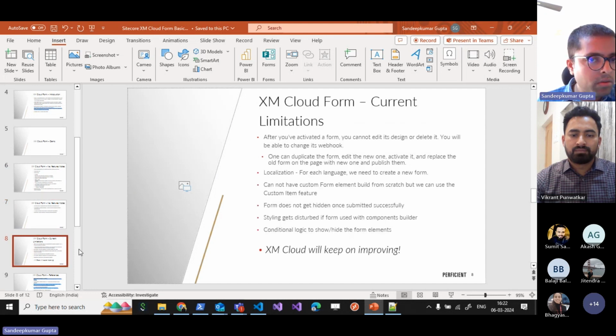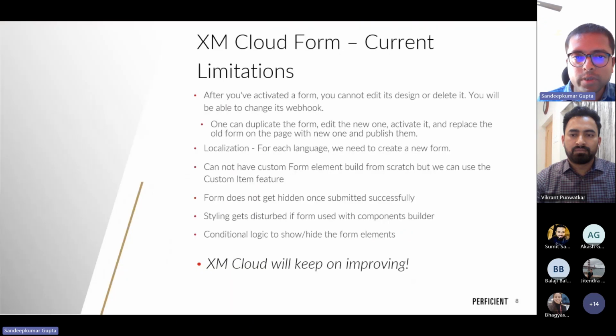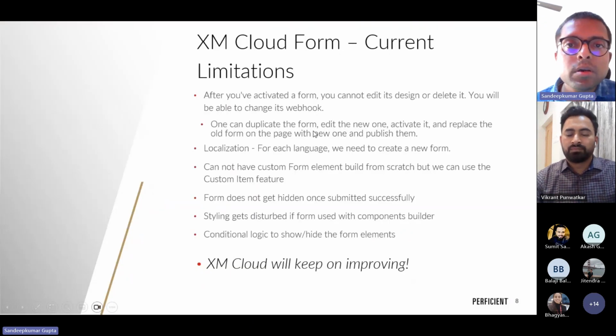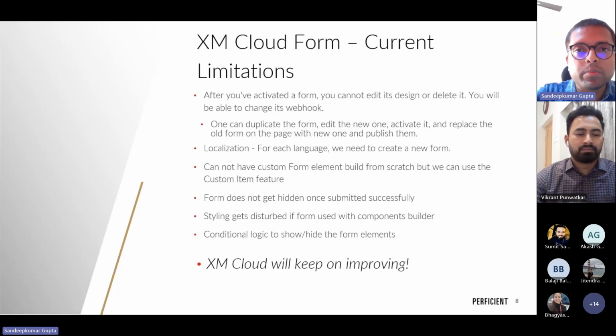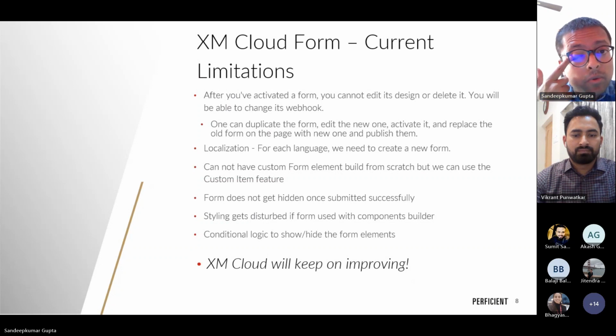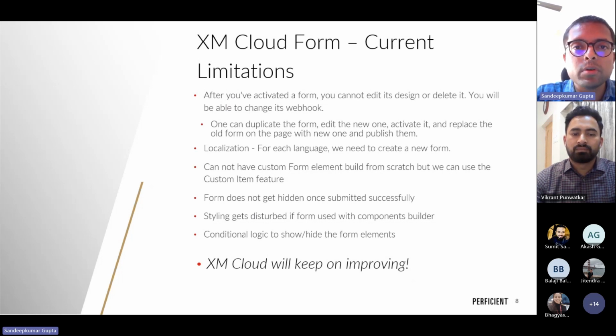Yeah, limitations. Coming to the limitations, let's quickly see this part. Once the form is activated, which we'll do in a minute, and we'll try to place it on the page. Once the form is activated, we cannot edit and we cannot delete it. Okay, so we have to be a little careful for now